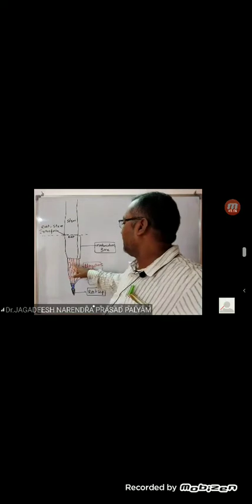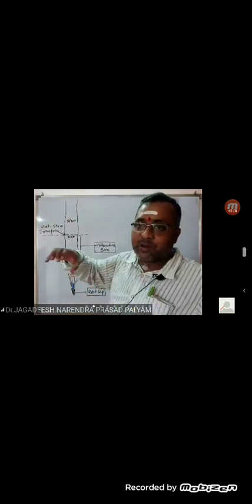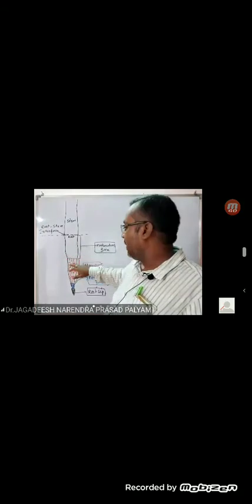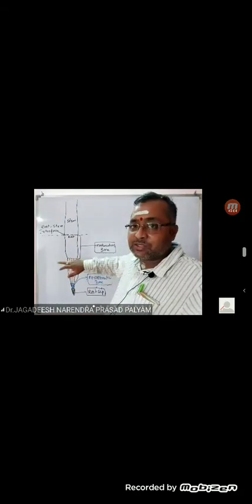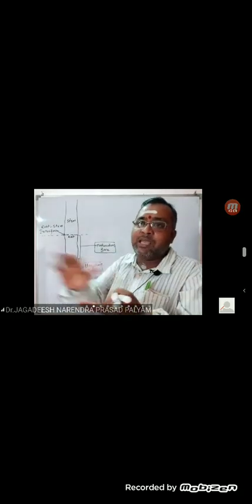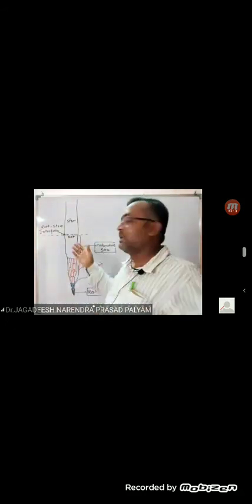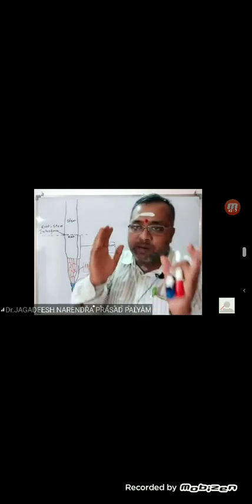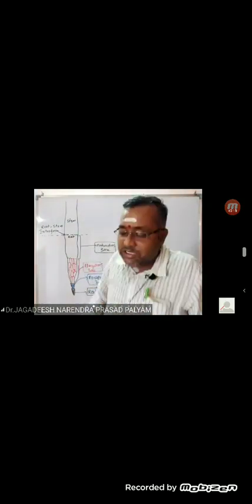Here, the cell has elongated during elongation. Now these elongated cells start undergoing differentiation. Means they lose the division capacity and they start performing some functions. Functions like, if it is in the root, absorption of water and minerals, or providing mechanical support, or transporting water and minerals. Such kinds of functions will be carried out.